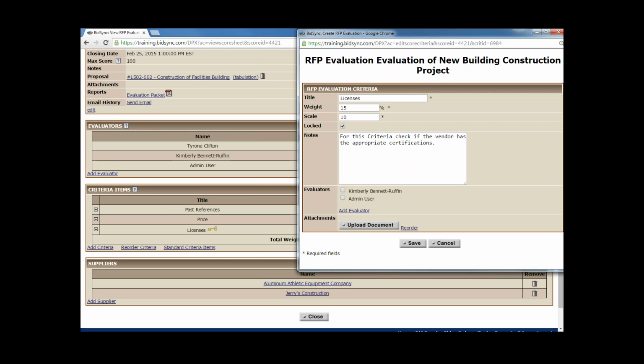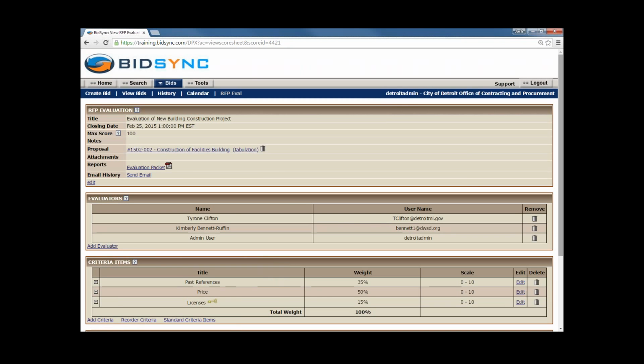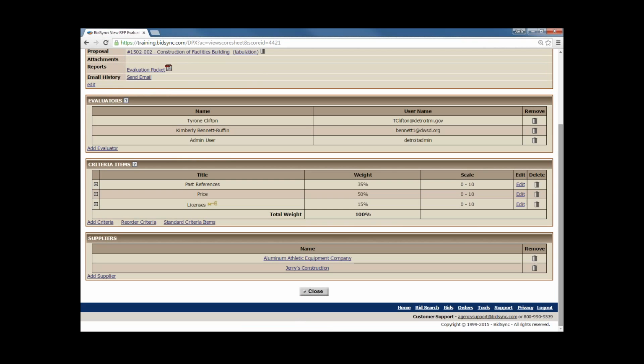For this criteria, we're going to say that we only want the admin user to evaluate that criteria. So Kimberly, even though she has permissions for locked criteria, since we're not selecting her, she will not be able to evaluate this criteria. So when we go ahead and click Save right here, that's going to save our information